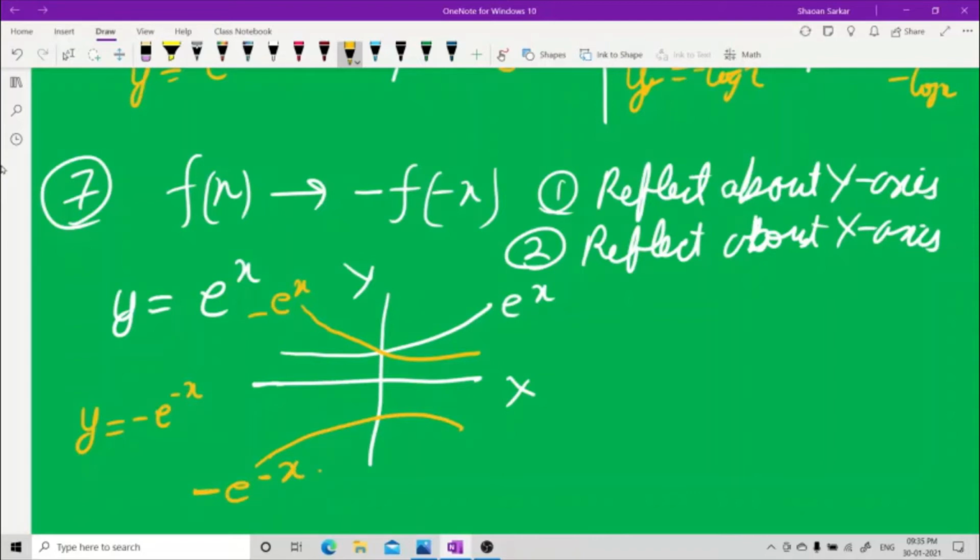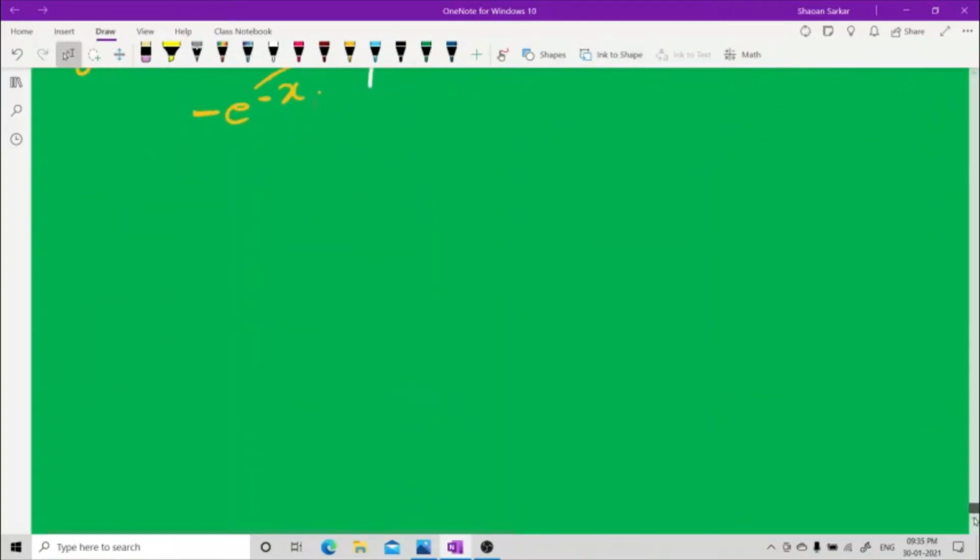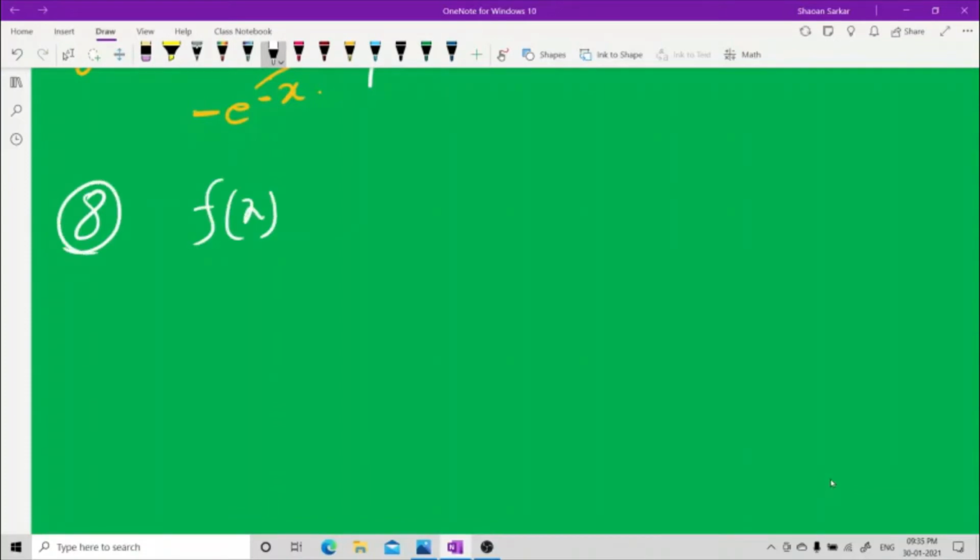Now the next one, the eighth one. Suppose for the eighth one, you are writing f(x) as mod of f(x). Then what you have to do,